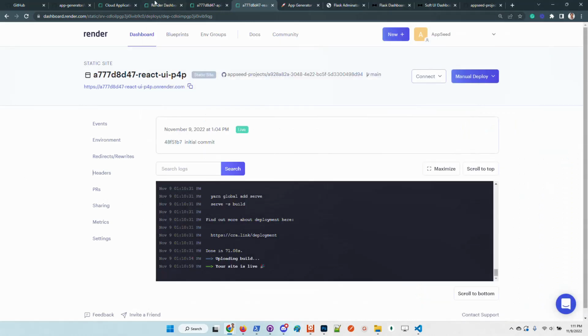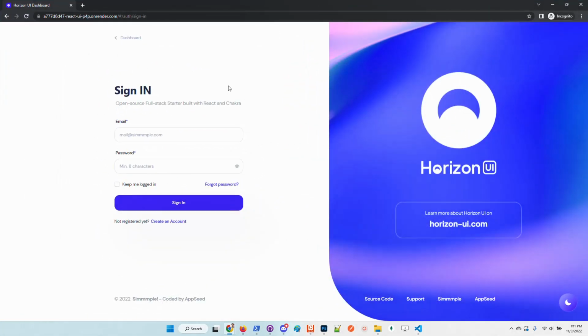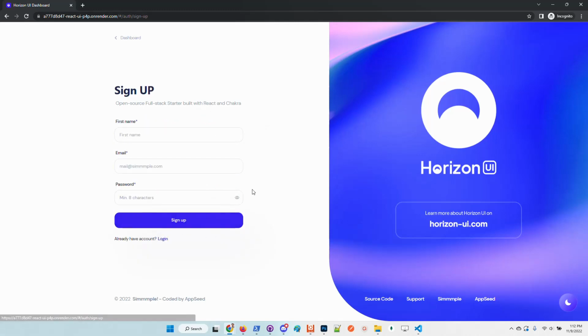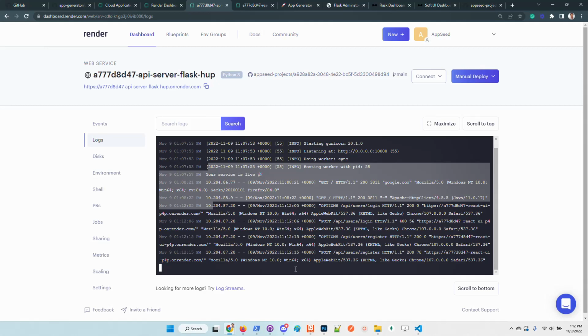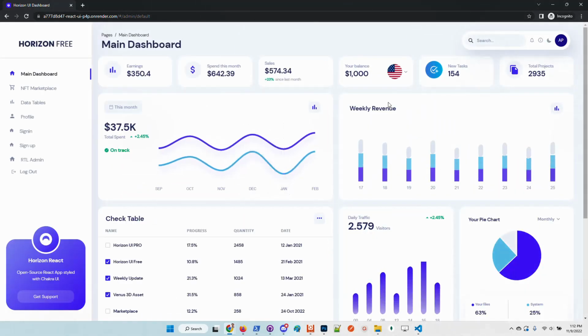Okay, the Horizon UI is super nice in my opinion, and is built on top of Chakra by the Simple Agency. They have a lot of nice products. Okay, I will access the UI using an existing user just to test the registration flow. So we should now have a failed request. Let's create the user. You can see here the sign-in requests are pushed to the backend server. If the registration is successful, you are automatically redirected to the sign-in, and we should be able to access the